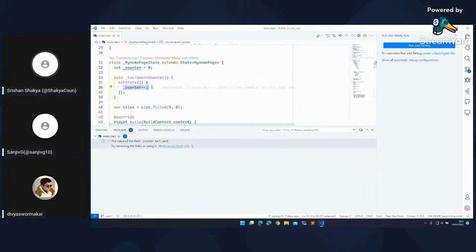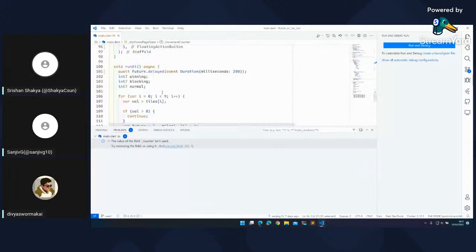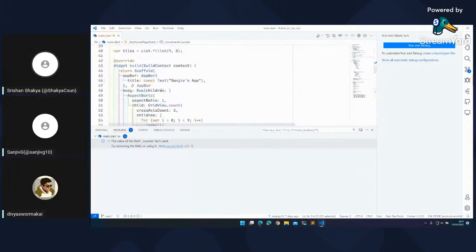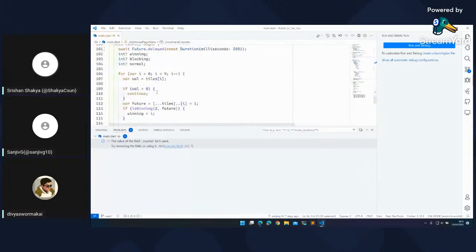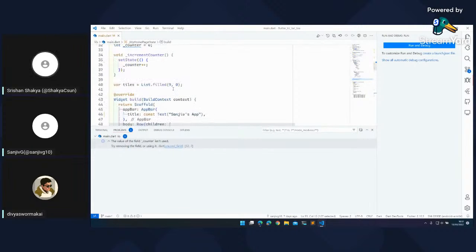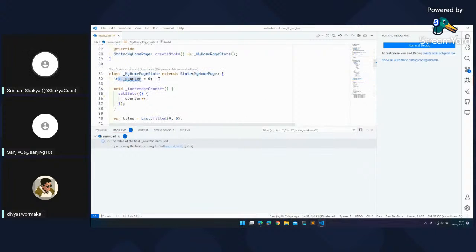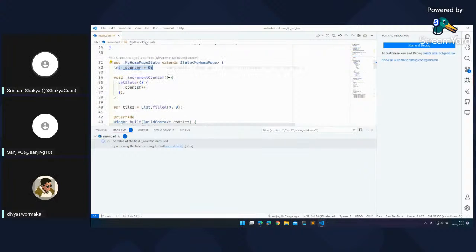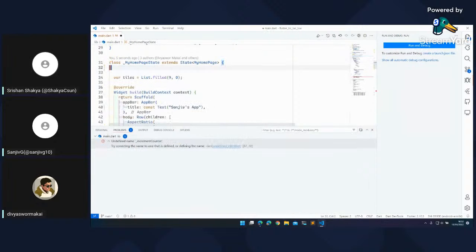It has been incremented here, and this is a private function, which is called in the floating action button. But the counter variable isn't used anywhere except its value changing, but the value is never used. So it is warning us. Yes, we should probably remove this. Okay, let's remove them.